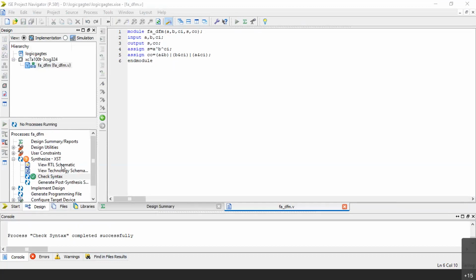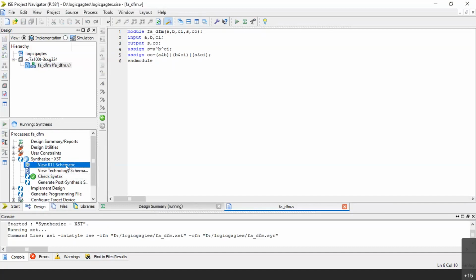Because if I have to see the RTL schematic, I will have to synthesize. Let me see whether it will automatically do it. Yeah, it is automatically doing it. You can see running synthesis there.